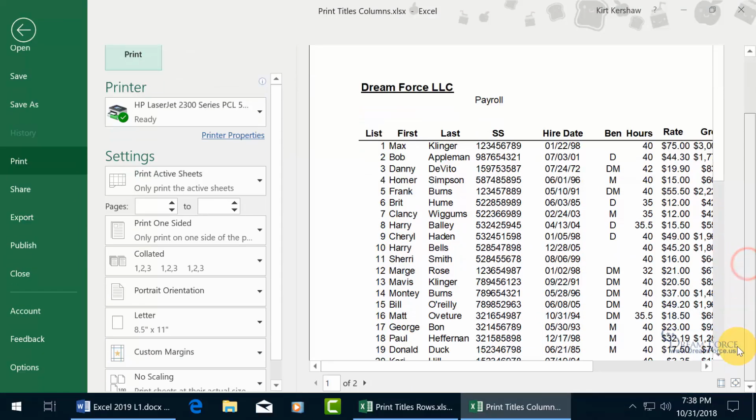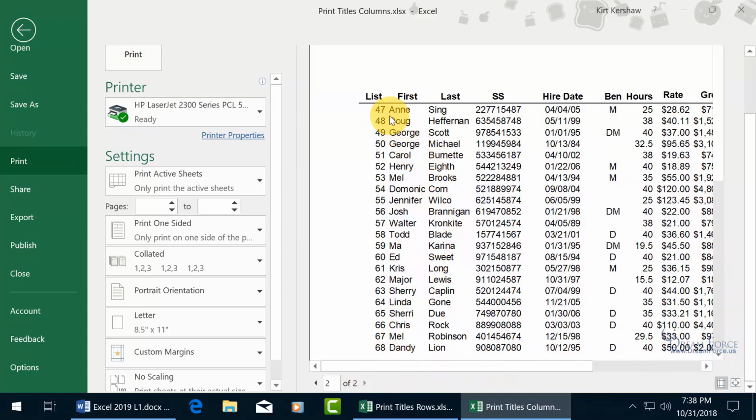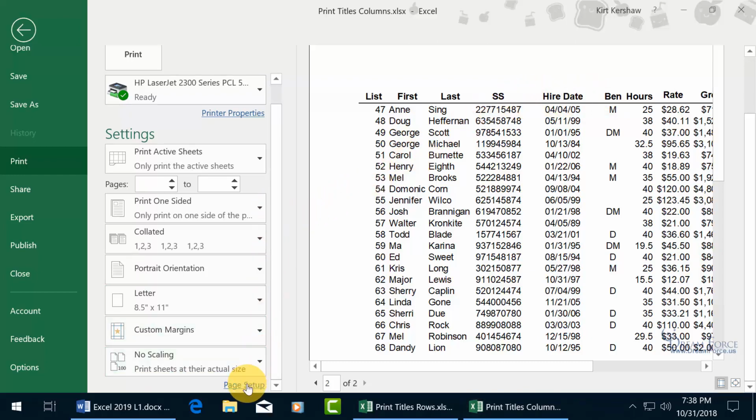We want to see what's on page 2. Let's go to page 2. Did it repeat? Hey! Awesome! So that way, when I print them off, I know what I'm looking at on page 2, 3, 4, and so on. Now, in this print preview, when you scroll down to the bottom, you do get the page setup